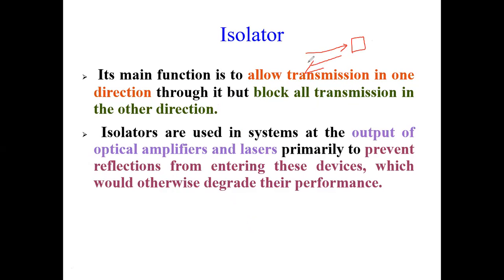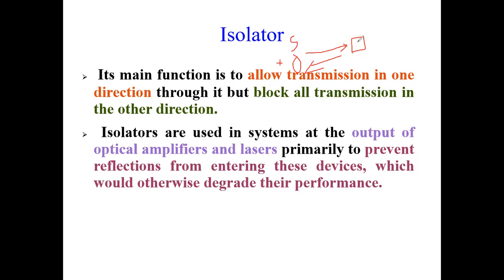Okay, now if the signal is reflecting back and it directly enters the source, the laser source, my source might be damaged. Okay, so what I want to do is, if there are back reflection, that back reflected light should not enter my source. So that should be my condition. So the question can come, where actually do I put the isolator in the stream? Okay, so isolators are usually put after the source so that any signal that is reflected from the transmission line, or here it is my fiber optic cable, it should not enter the source.